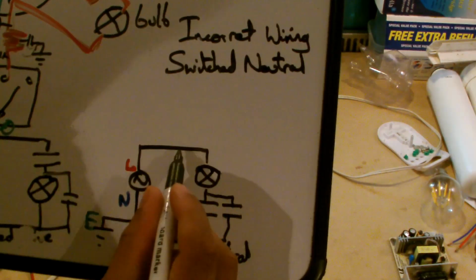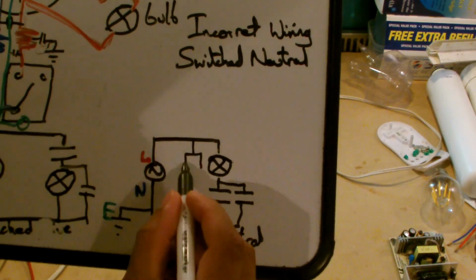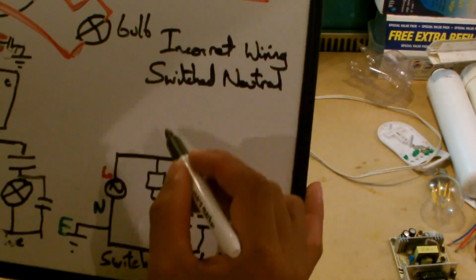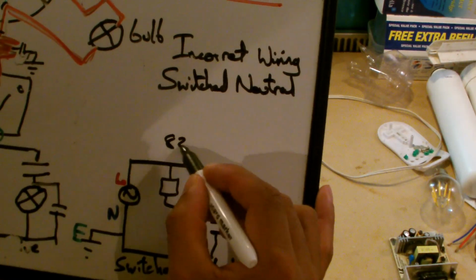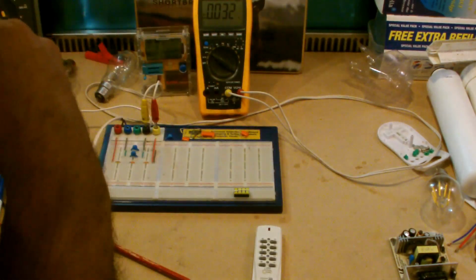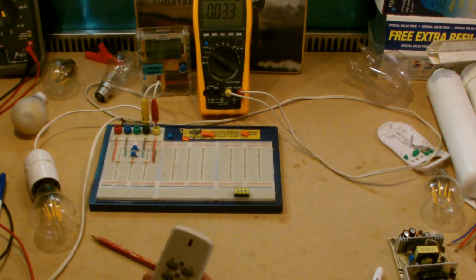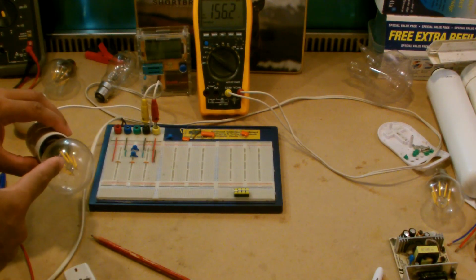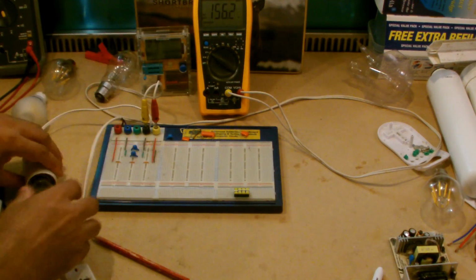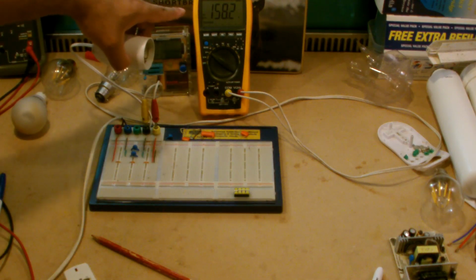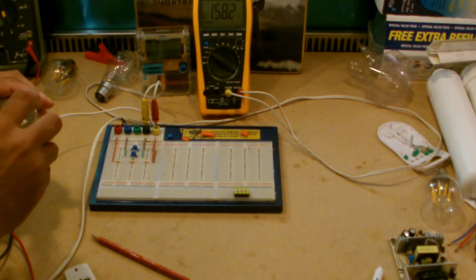So as I showed, this lights up, and I'm going to put this resistor across here, and I'll show you in the diagram where I've put it. For the bad circuit, switched live, I put my resistor here, so that's my resistor, which is 820 kilo ohms. Across that light, and that's going to sink the power. So let's switch this on again. You see there was a flash on this, but it's not lit anymore. And again, if I take this out, you'll see that the voltage has dropped, in this particular case 158 volts,